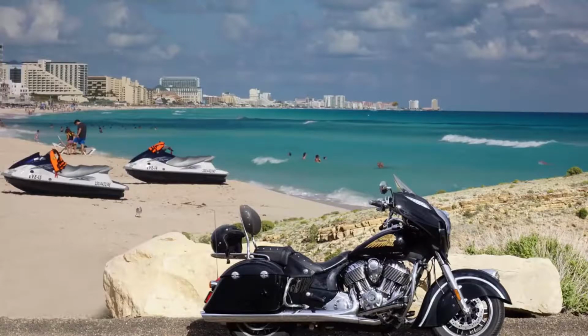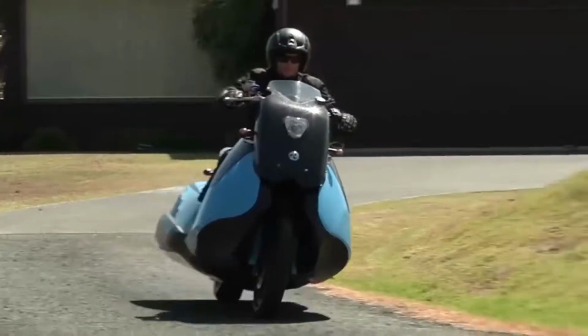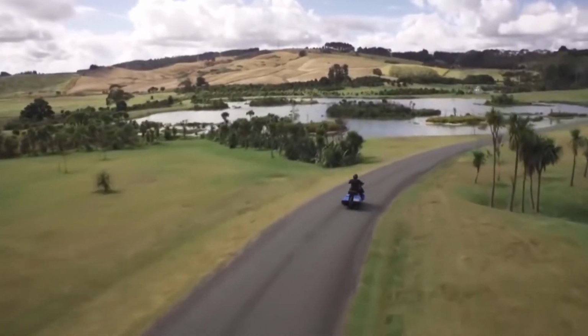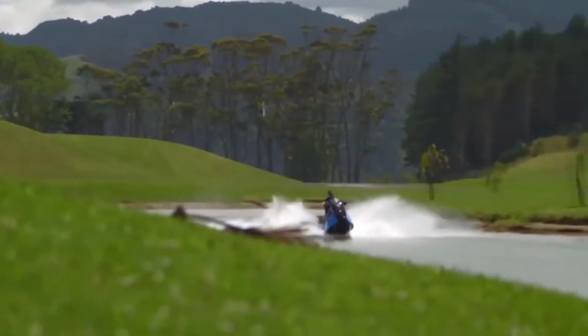If you're someone who loves motorcycles and jet skis, you probably wished for a vehicle that combined both. Thanks to Alan Gibbs of Gibbs Amphibians, your wish has finally come true. This is the Bi-Ski concept prototype, a truly amphibious single-seat motorcycle that can be ridden right into the water without missing a beat. This futuristic bike is so cool, even Agent 007 himself might be tempted to grab a helmet